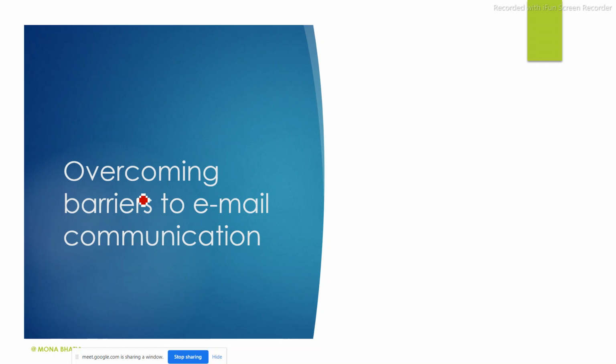And this happens when our email, instead of conveying our message, creates a barrier between the person who is sending it and the person who is receiving it. Okay, the solution lies in overcoming these barriers, which can be done by many things. For example, if you are not on the same page as the person who is receiving your email, so there is an ego clash, there is anger. So what you have to do, you have to control your anger.